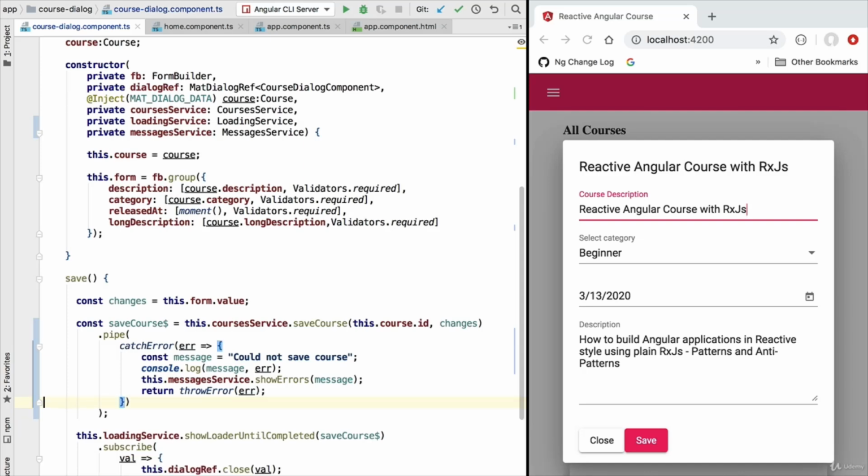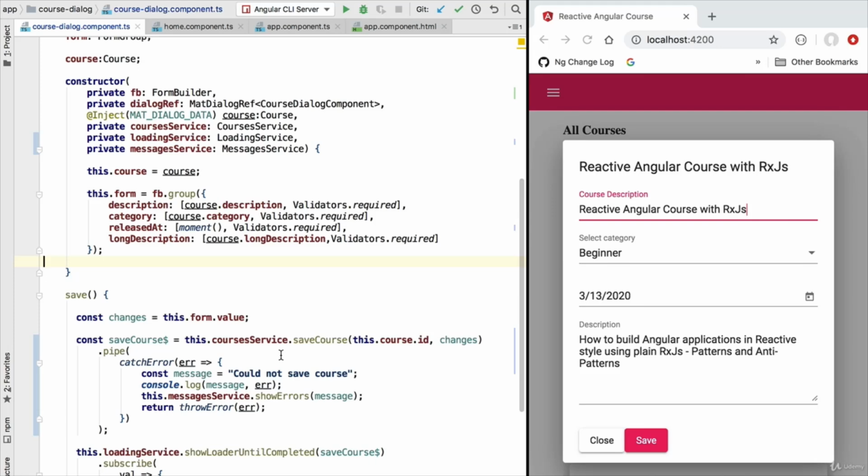So yes, we are replacing this observable here with another observable, but that new observable is going to immediately error out with the same error cause. This will effectively interrupt the operator chain, and this will allow us to display to the user a user-friendly error message. We are now almost ready to try things out, so what we're going to need is a way of